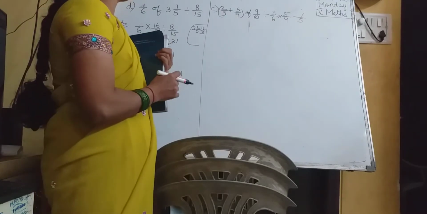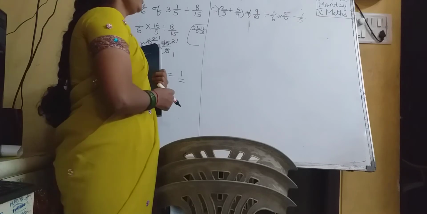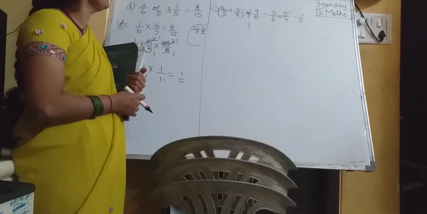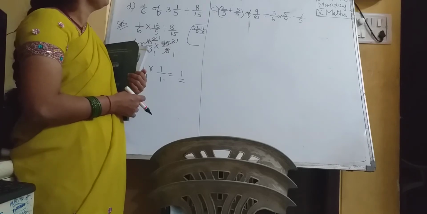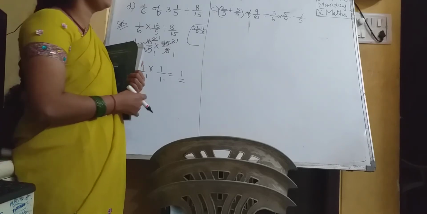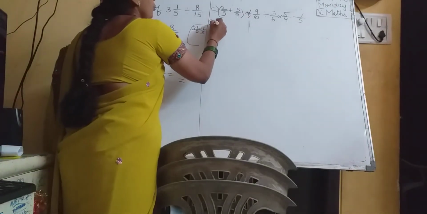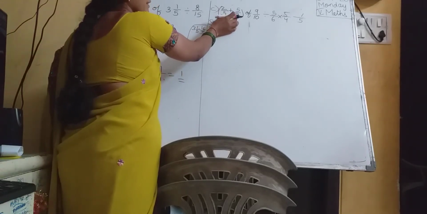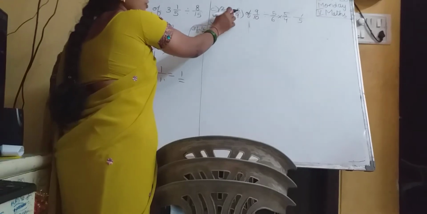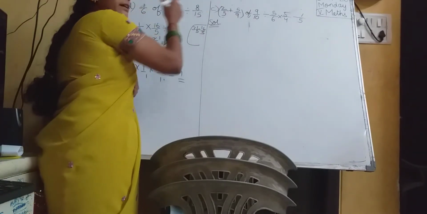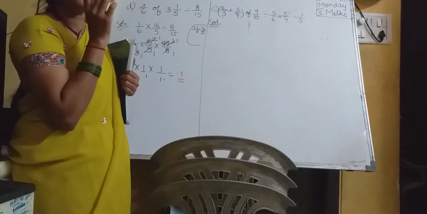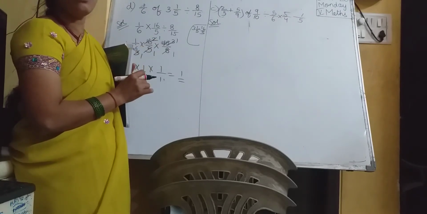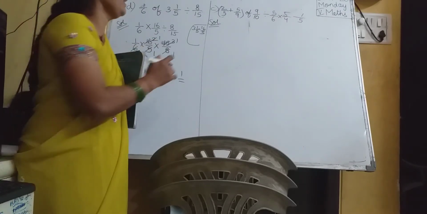See, one more I am explaining to you. I am explaining C1, children. In C1 we have everything: brackets, of, division, multiplication, subtraction. In the first step what should you do? You have to remove the brackets. In the brackets there are these two, and what should you do with them? Add. Whenever you want to add you have to have the same denominators. To make the denominator the same, you have to take the LCM.